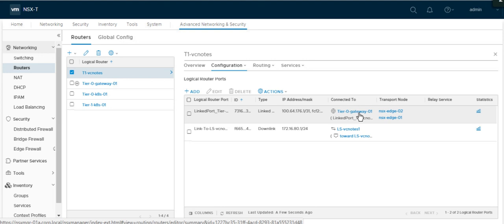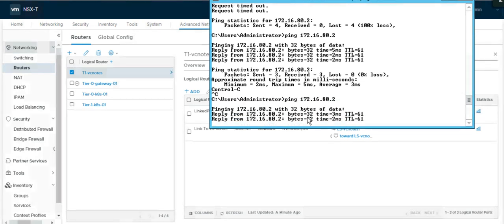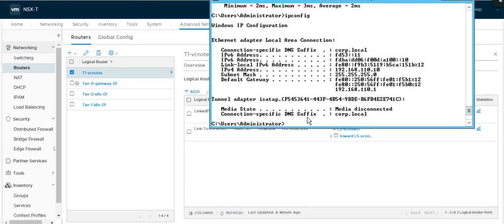Now remember, our target is to check the edge firewall functionality. If I open the command prompt on my virtual machine, or you can say the jump server, I am able to ping 172.160.80.2, and as you can see in my topology diagram, my IP address is 110.10.